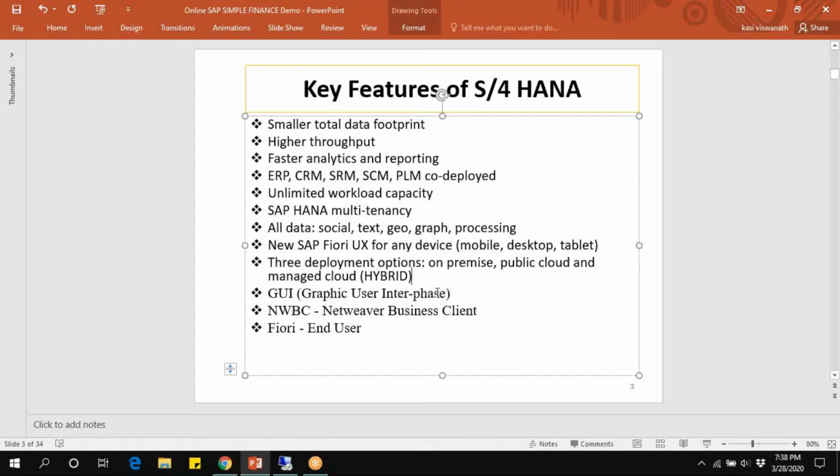So in ECC, if we want to create, configure, test, or work as an end user, we need to use GUI, graphic user interface. But in simple finance, a part we customize in GUI, and a part we design through NWBC, NetWeaver Business Client, and Fiori, the task for end user or reporting.